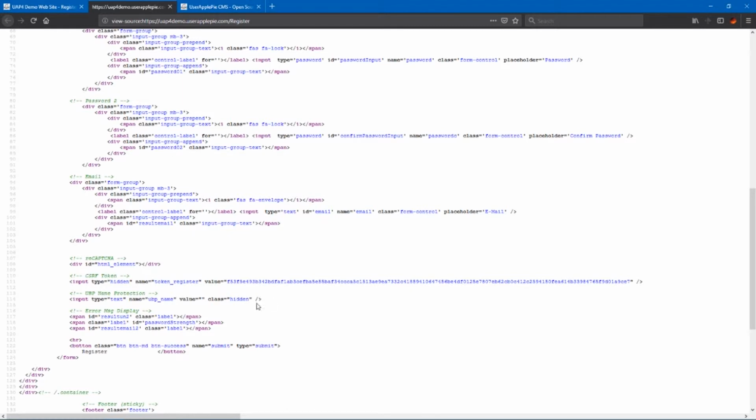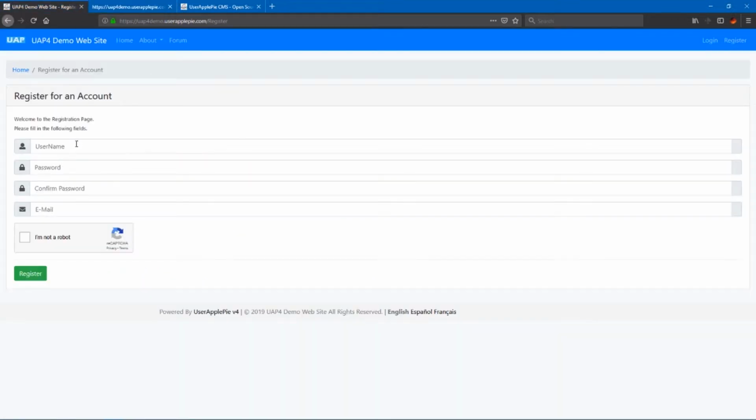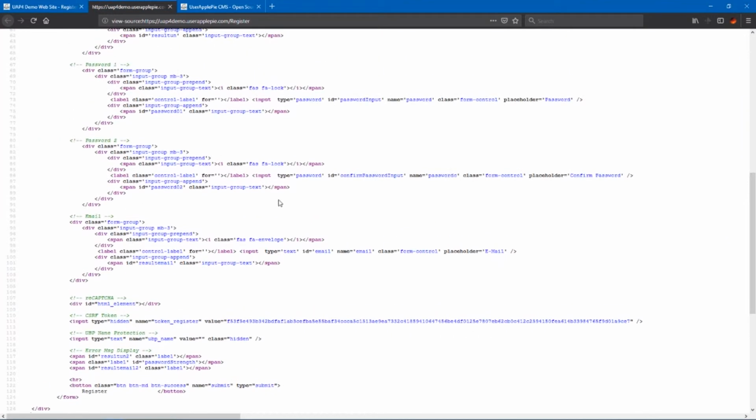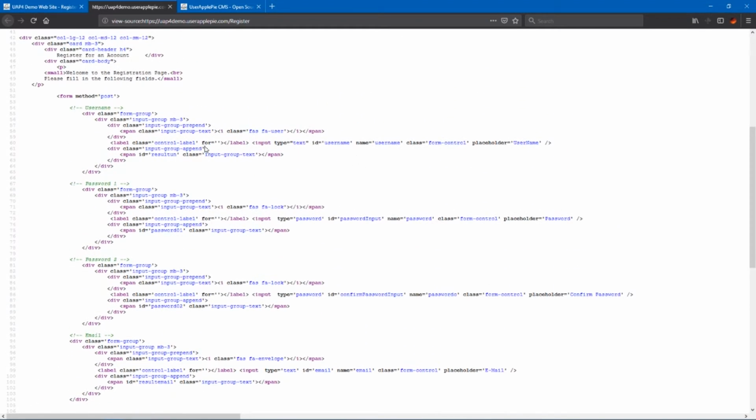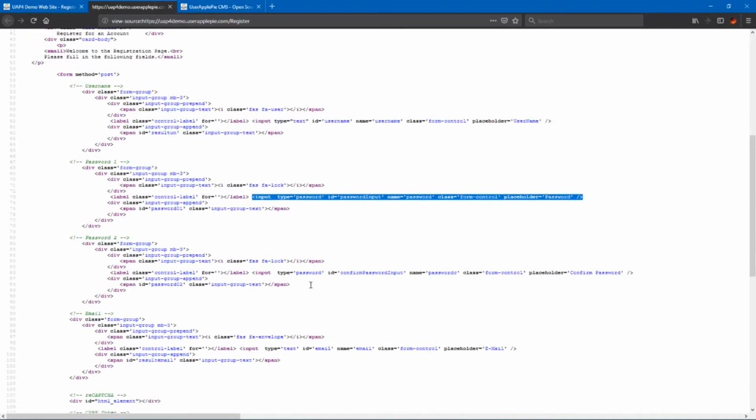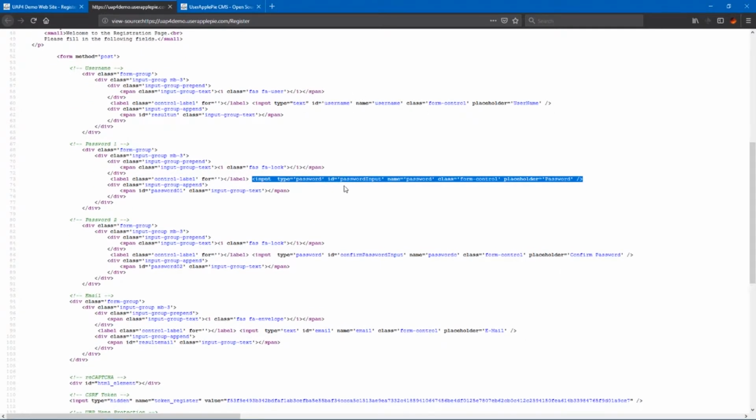Yeah, here it is. Okay, so when a bot goes to sign up for your website, it wants to fill in each one of these fields. And it's not looking at this, it's looking at the source code. So it looks and sees, where are they at? Yeah, right here, inputs. So it sees each one of these inputs, and it knows that, okay, we need to put a username here, password here,